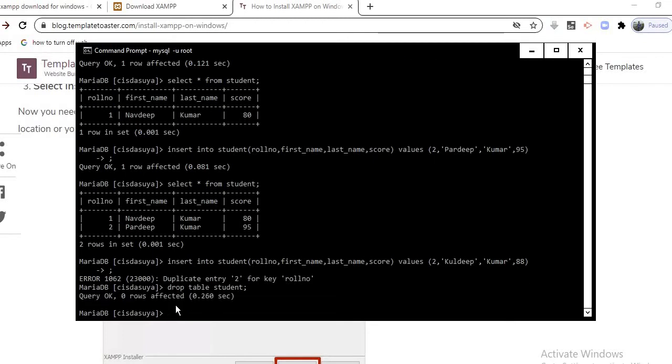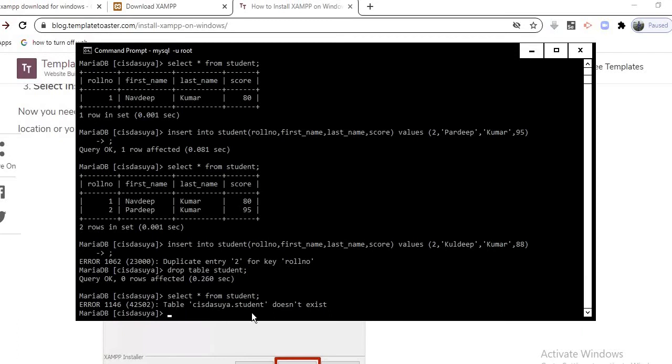One query okay, 0 rows affected. So what does this mean? We'll check it out. Select star from student. Now it is saying that the student table does not exist.